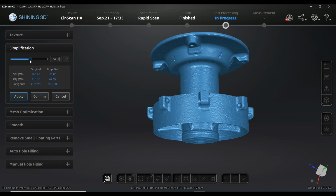I will have a more curvature based simplification. That's my experience by testing it out. I can show you that. Then if I would simplify from the mesh side already. So I'm going to